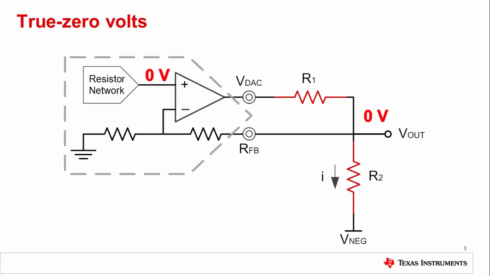This will cause no current to go through the RFB pin and will make the VDAC node be at a higher potential than ground, which will make the amplifier behave more linearly. If we look at an example with numbers, then we can see that the 1 milliamp will travel through the 100 ohm resistor and make the VDAC node be at 100 millivolts, which is high enough footroom for the amplifier.